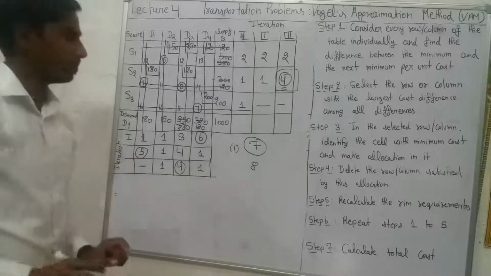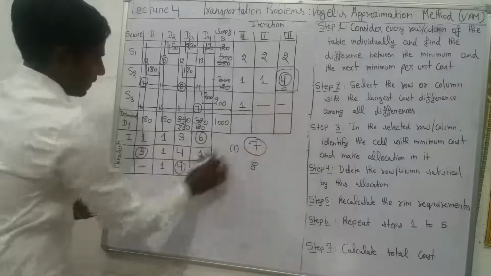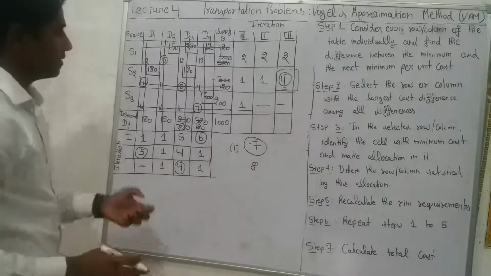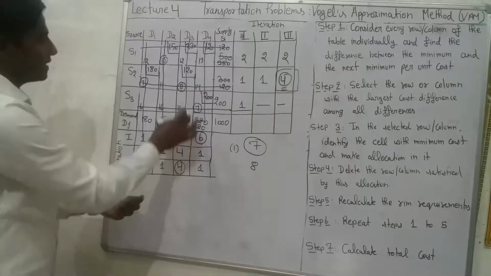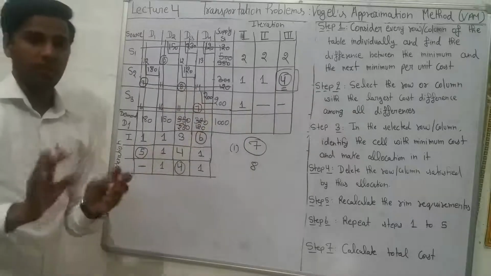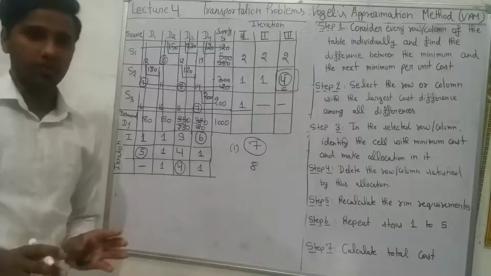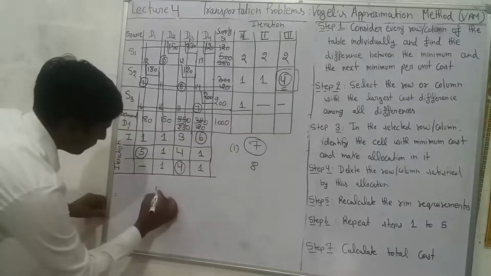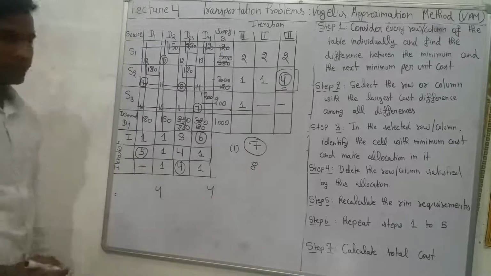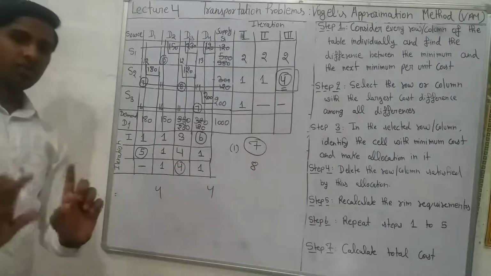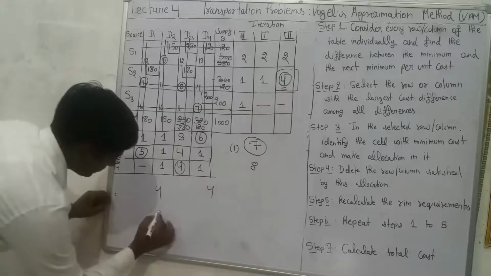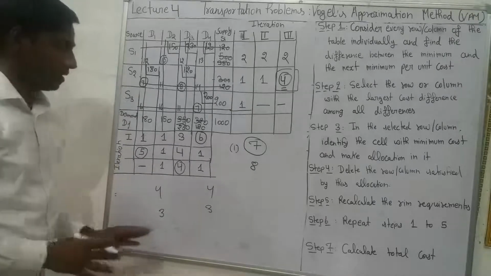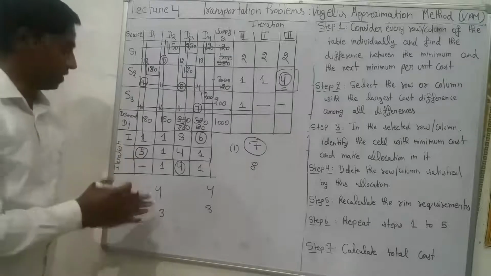And what if the largest values are the same? There is a tie between the largest values, and additionally there is a tie between the minimum costs. Suppose the largest values are 4 and 4, and in front of these values the minimum costs are also similar, like 3 and 3. In this case, which one are you going to select?